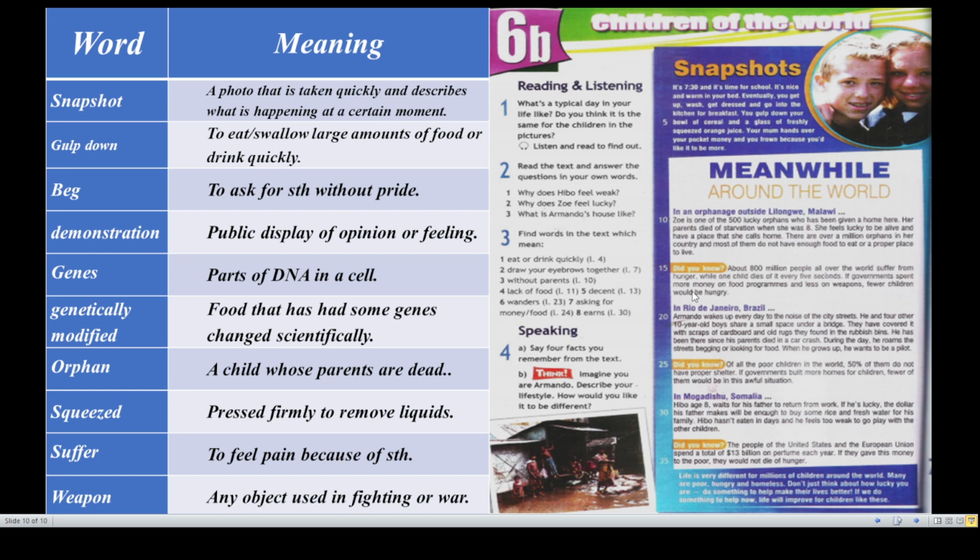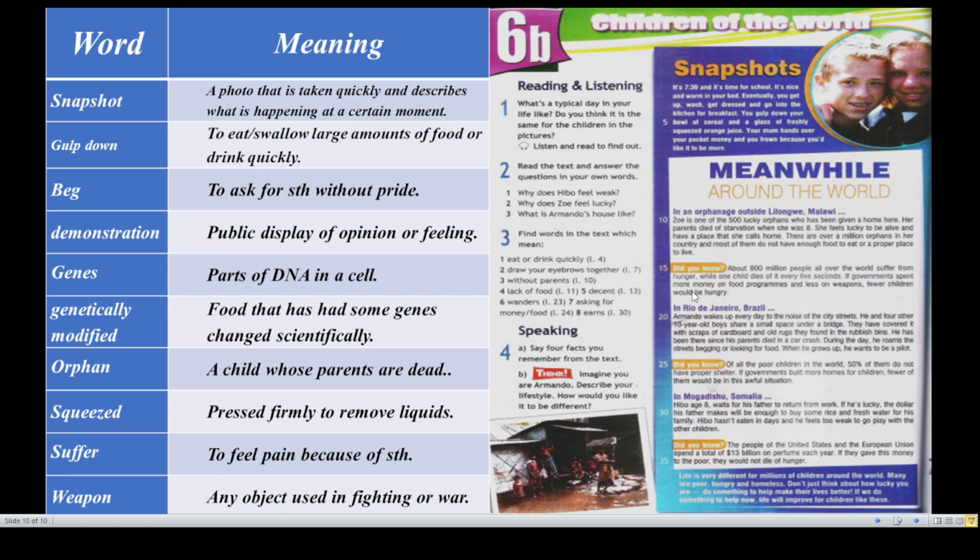If governments built more homes for children, fewer of them would be in this awful situation. Awful means very bad. So if the governments all around the world spend more money to provide these children shelter, a place to live, that will be better than suffering from homelessness.